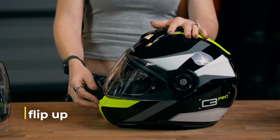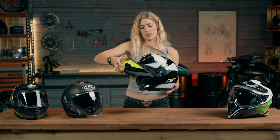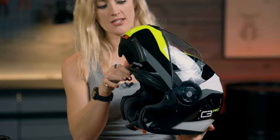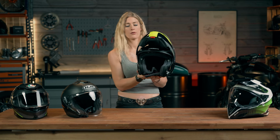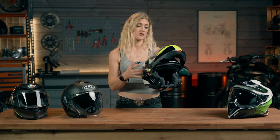But what you're getting here, I'm going to try and demonstrate it, is you have a button somewhere on the helmet, there we go, and the chin will flip up. So this is turning your full face style helmet into an open face style. So you're going to get the practicalities of both, the features of both. You do have a slight limitation with